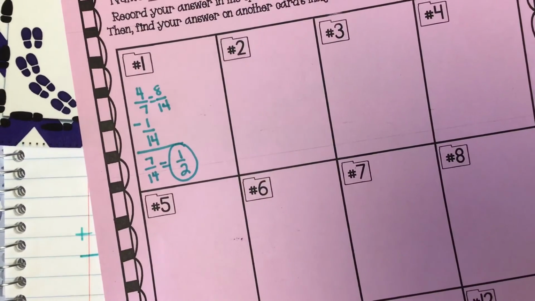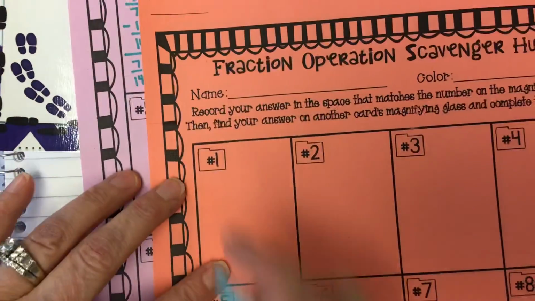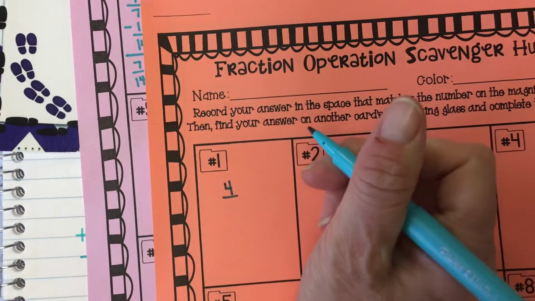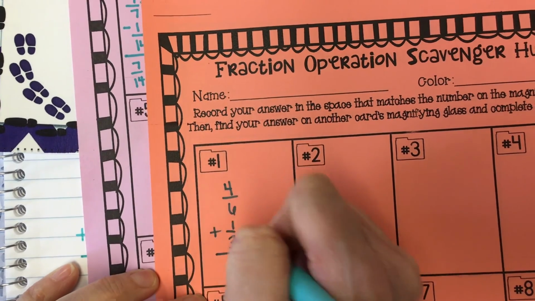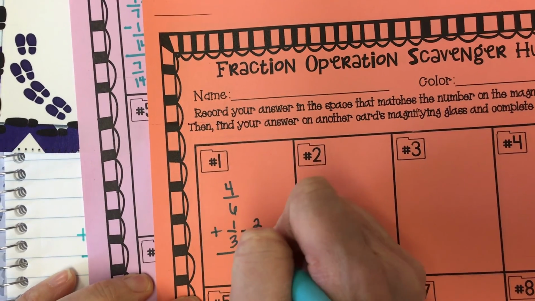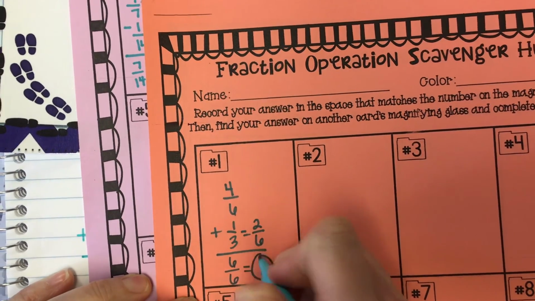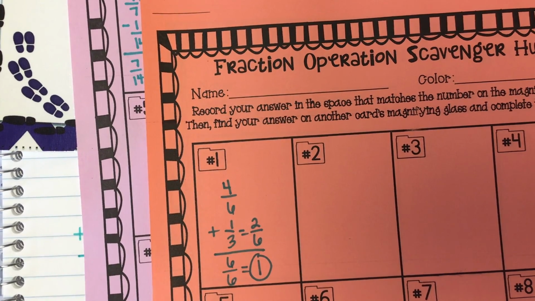Girls, your first one should look like this. Okay? I need to see the equivalent fraction. And I need you to reduce it and circle your answer. Okay, you should not run